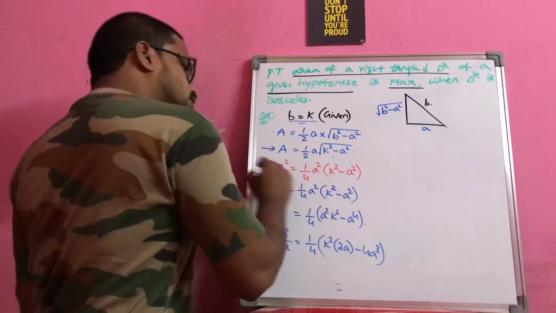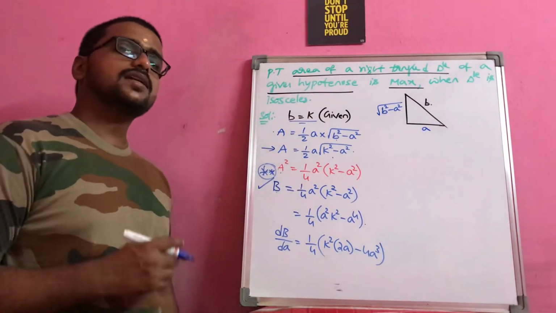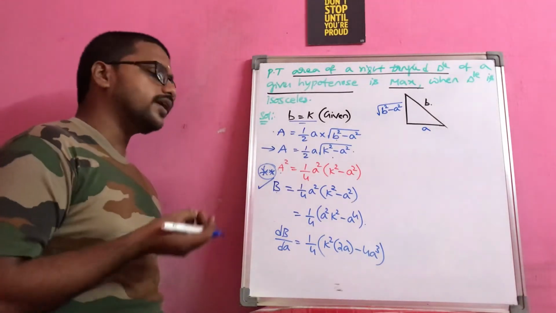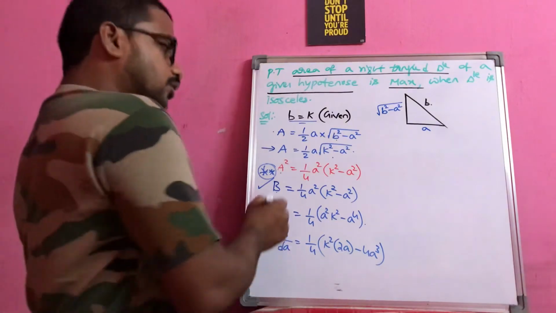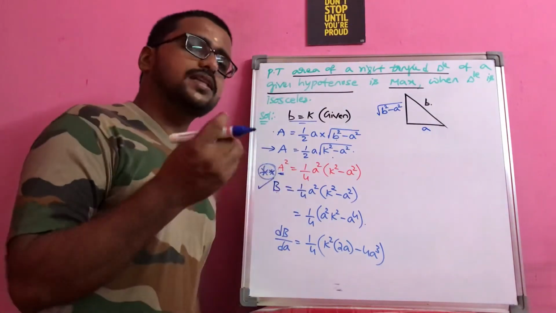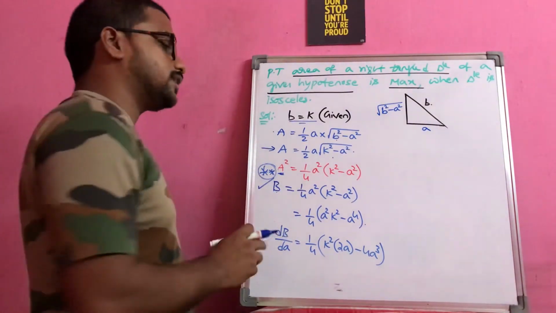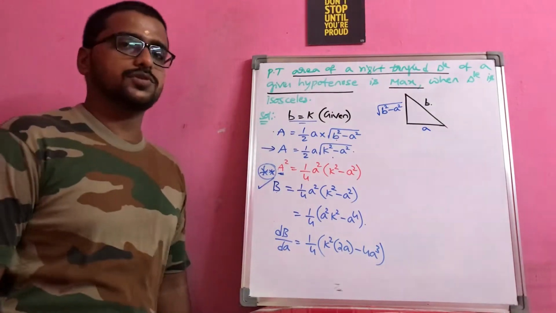Now this b is your required function. Instead of a, which is area, we are taking area name as b. That's it. There is no difference at all. Though you are taking squaring also, it still will be the area only. For that sake only we are taking this type of substitution.